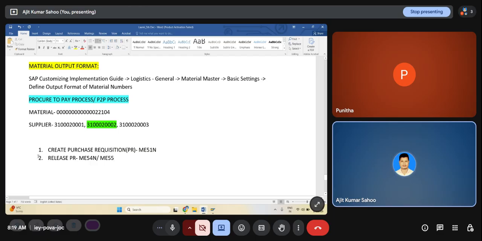Then after that, release PR. Release purchase requisition means there will be an approval process. For example, in a department we create a purchase requisition. The senior will go through the document to check whether we actually need that material or not. They will verify, see the budget, and then approve the document. So release means approval process. Once the document is approved, we go to the next step, that is create